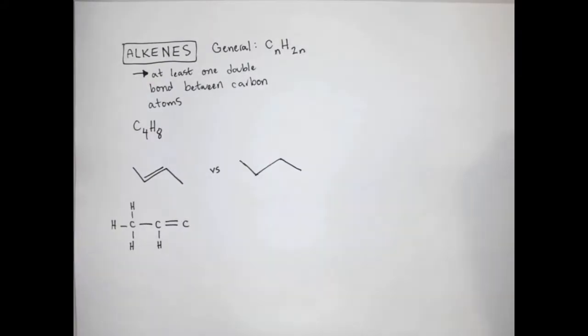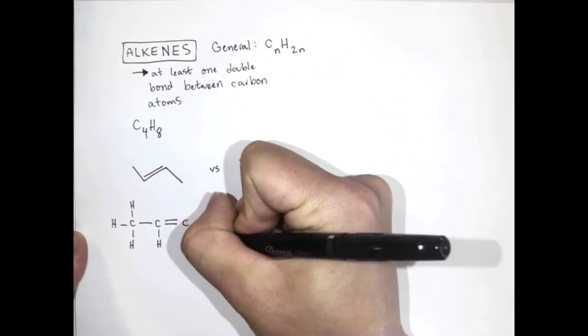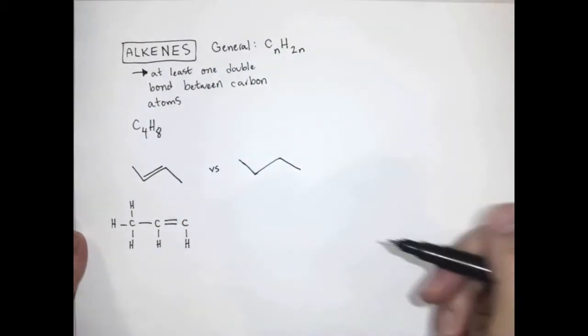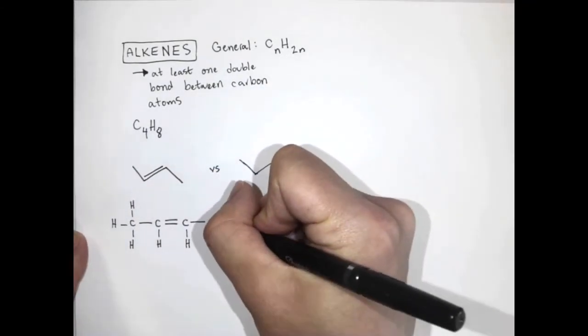So whenever you've got bonds other than bonds to carbon, once you eliminate those bonds to carbon atoms, you start to fill in the rest of the available bonds with bonds to hydrogen. Okay, so the same thing with this one, carbon 3 is going to have a hydrogen right there. Then we make a single bond to the last